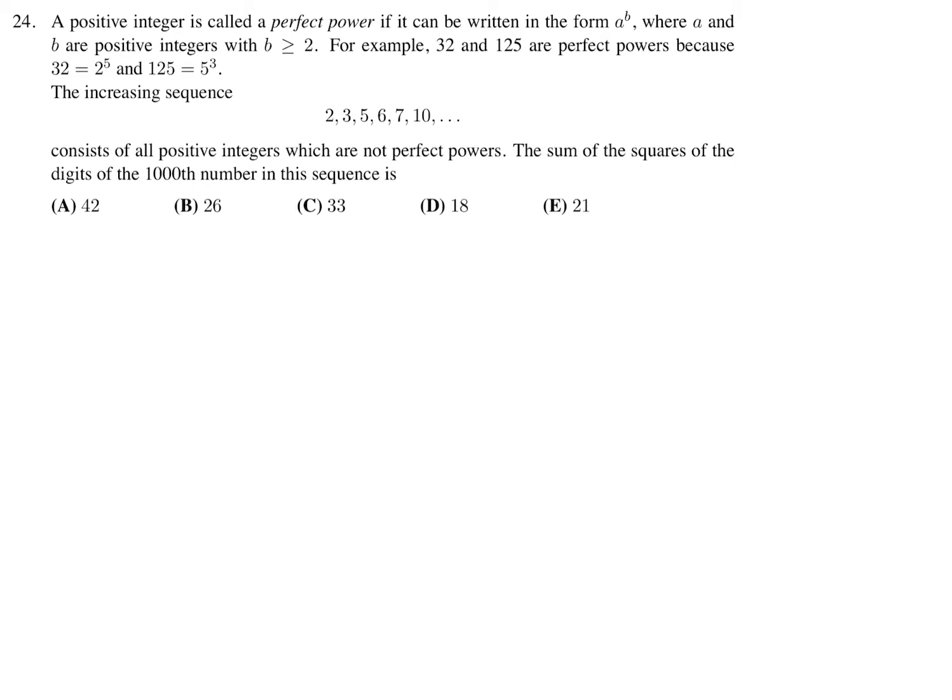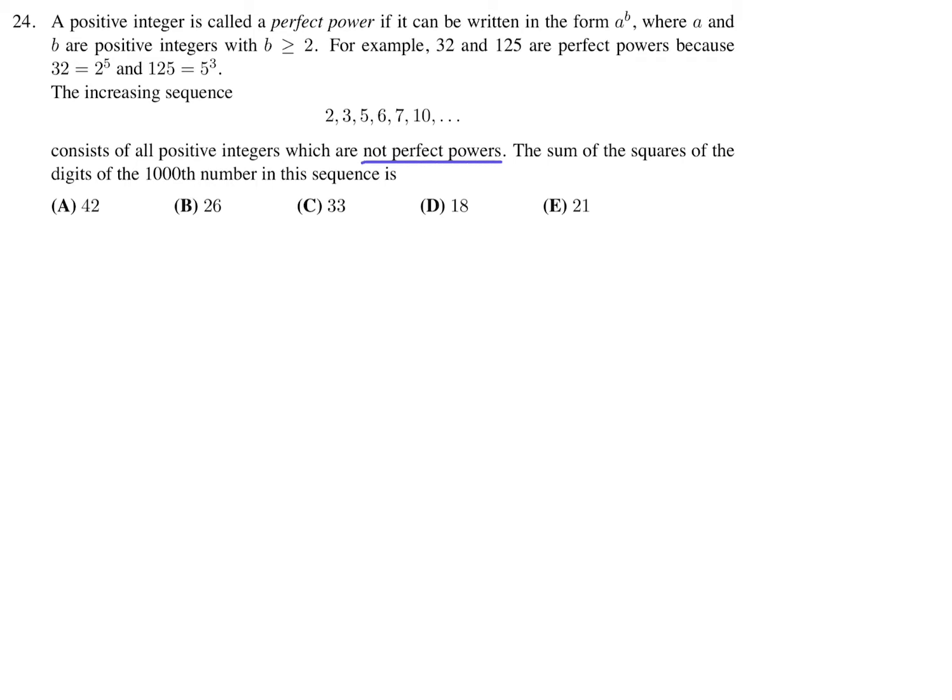A positive integer is called a perfect power if it can be written in the form a to the power of b, where a and b are positive integers, and b is greater than or equal to 2. For example, 32 and 125 are perfect powers because 32 equals 2 to the power of 5, 125 equals 5 to the power of 3. The increasing sequence 2, 3, 5, 6, 7, 10, ... consists of all positive integers which are not perfect powers. The sum of the squares of the digits of the 1000th number in this sequence is